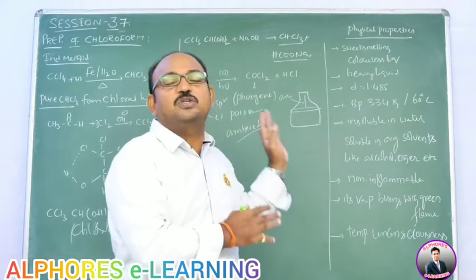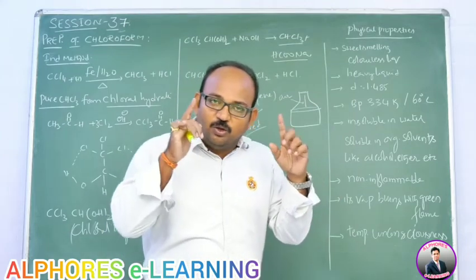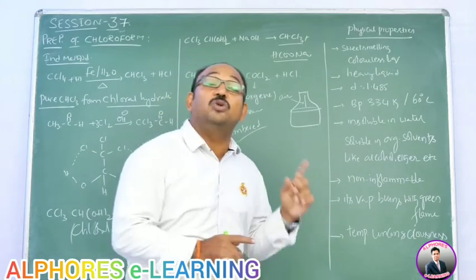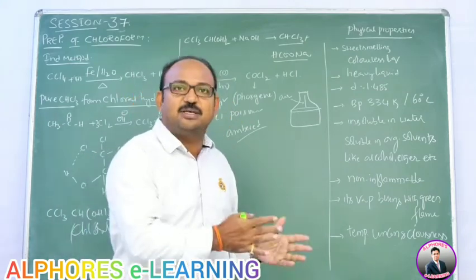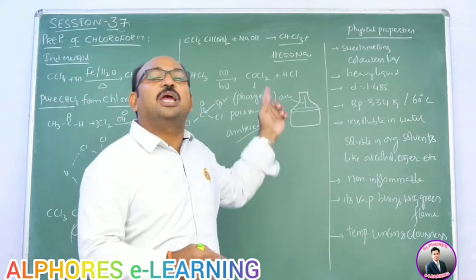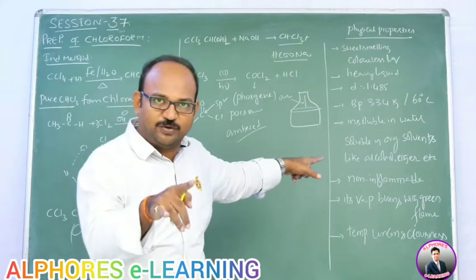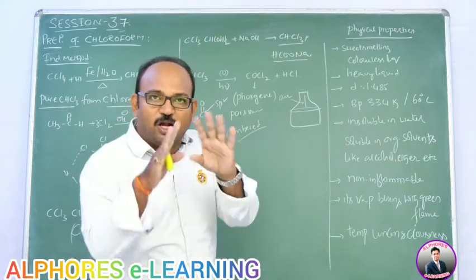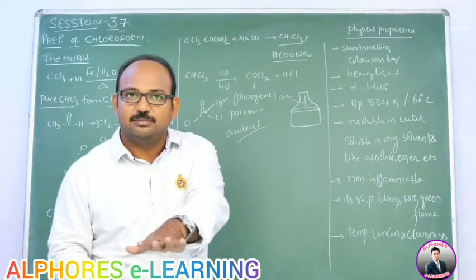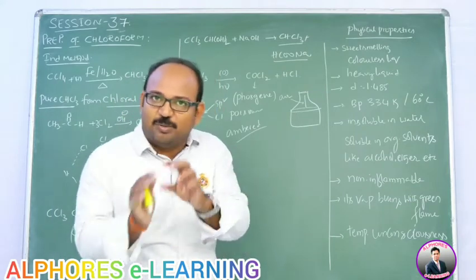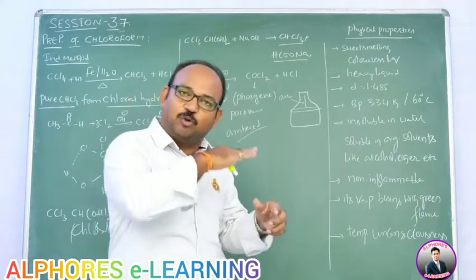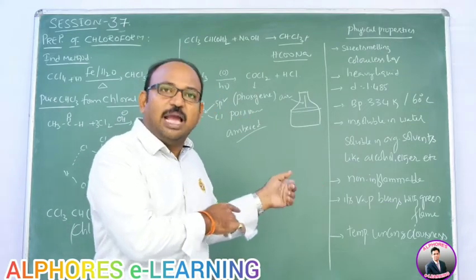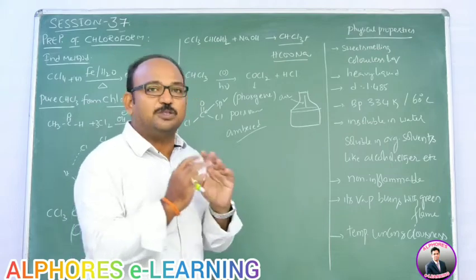Here, when chloroform is also stored, it is better to use amber colored or dark colored bottles, which do not allow or which cut sunlight. That's why we can prevent photochemical oxidation. What is the first one? We have to fill that liquid up to the brim. Means when we are using some amount, you are not supposed to keep that bottle like that. When you use some amount, again you have to fill the bottle up to the brim and close it. And the second precaution, we need to fill it in amber colored bottles, but not transparent bottles.